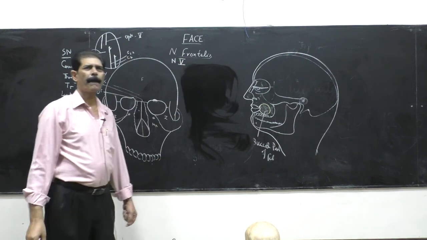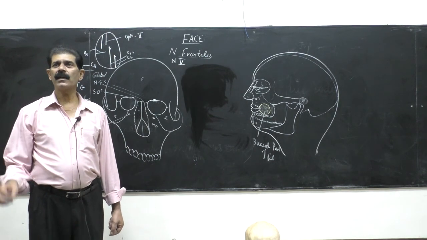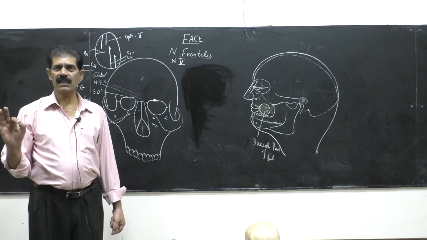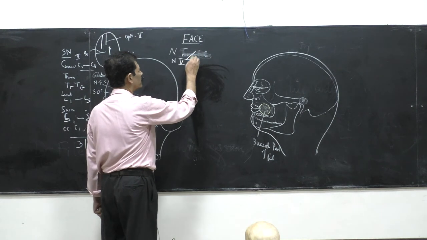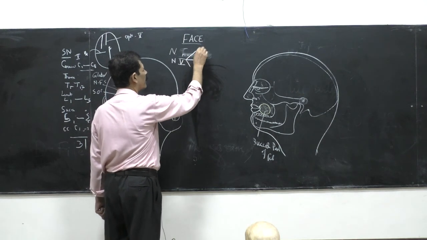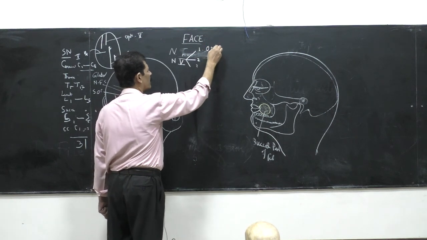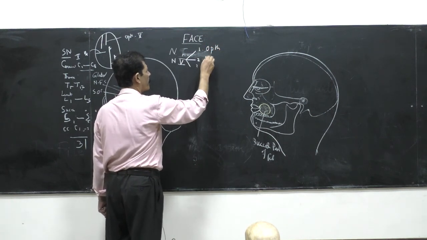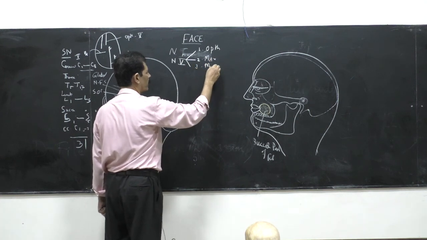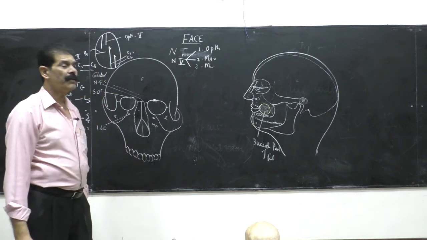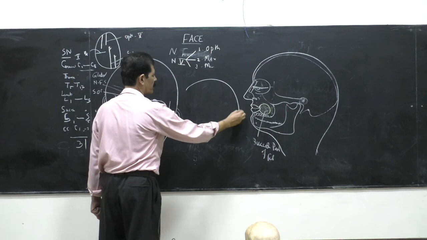What is the name of the fifth cranial nerve? Trigeminal. This is the thickest cranial nerve out of 12. Why? Because tri means it has 3 divisions: number 1, number 2, number 3. What is number 1 division? Ophthalmic. Number 2, maxillary. And third is mandibular. So 3 divisions. Whenever a question comes, draw and label the